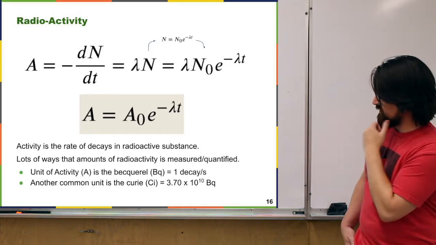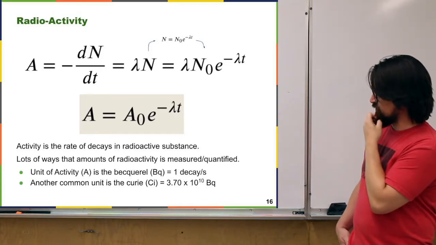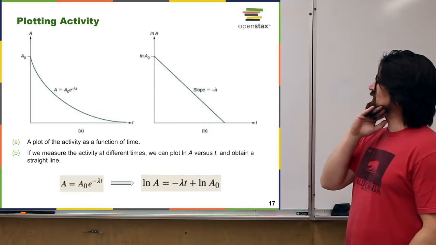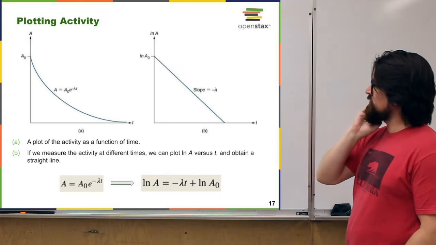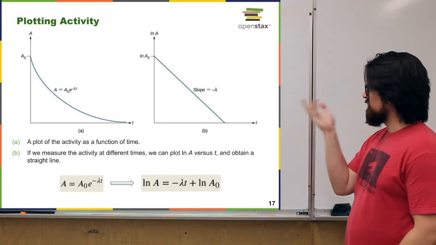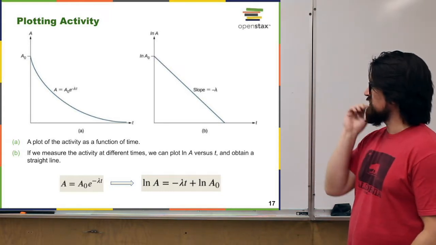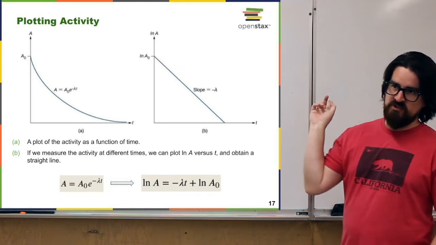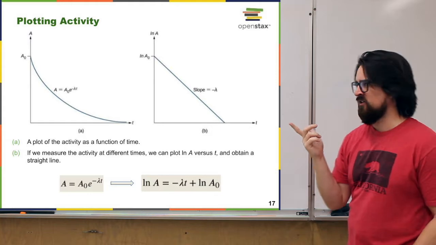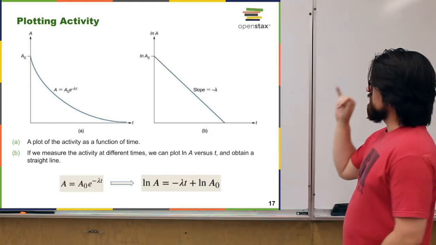It's 3.7 times 10 to the 10th decays per second. And if you plot the activity as a function of time, no surprise, it just looks like the decay rate. It's the same basic decaying exponential. Nicely enough, though, if you are able to measure the activity of a material, how many decays per second, then